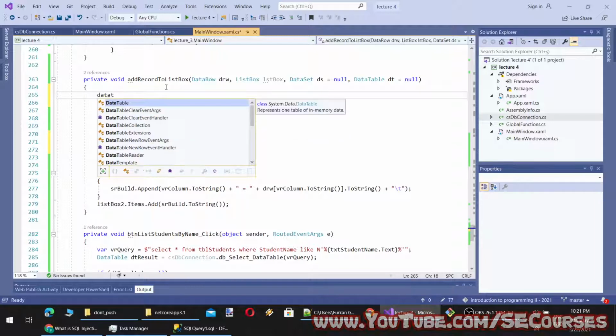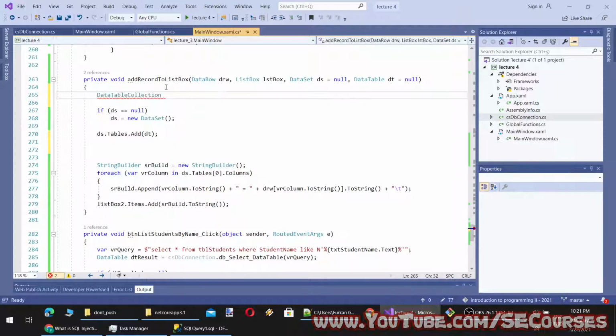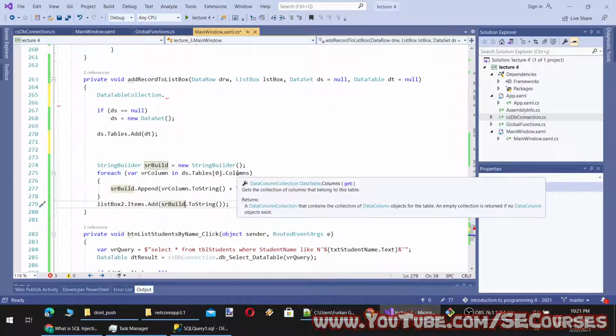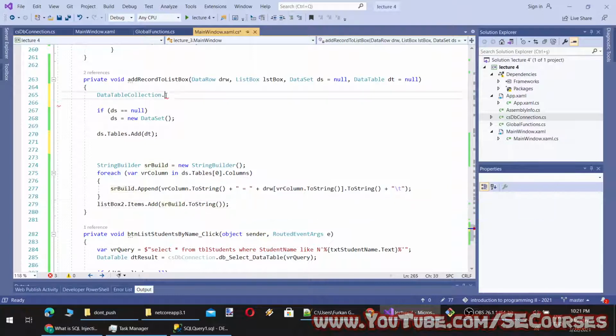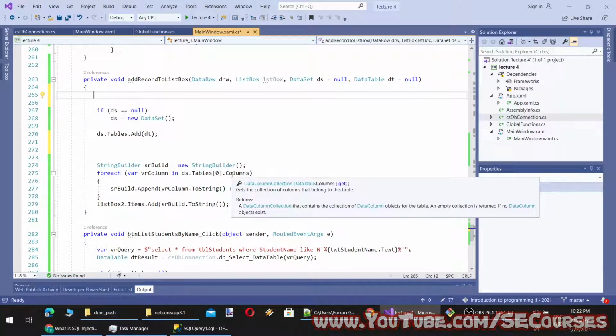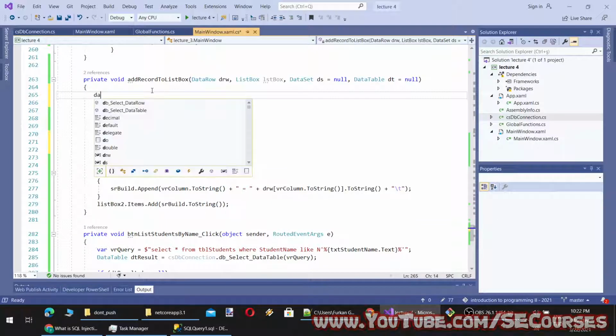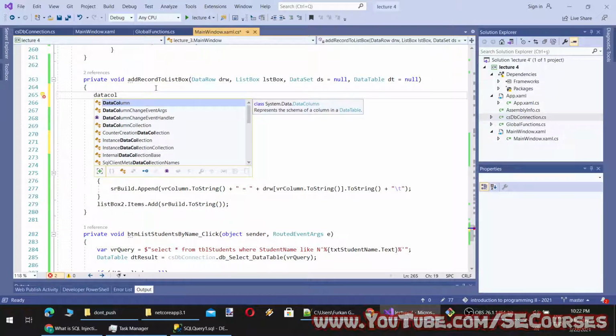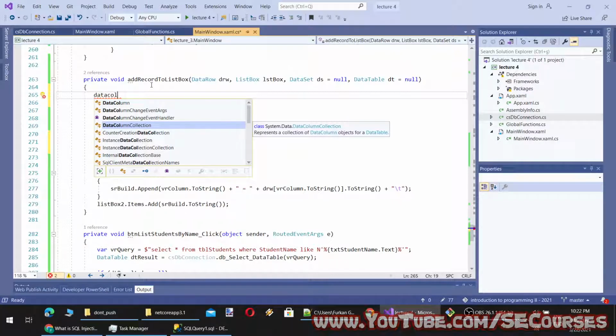Data table collection dot, okay, data table columns. Data column.